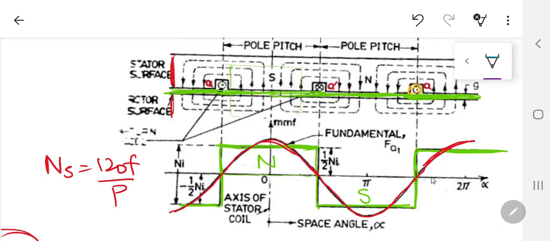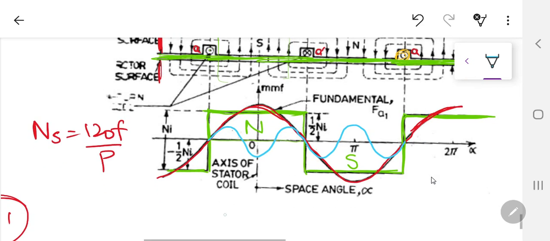And if I want to draw that third harmonic, if I draw it over here, it will be something like this one, and it will be like this one. Now as this lecture goes on, maybe in the second part I will talk about it, this third harmonic is not going to be there. Why it's not going to be there, we will discuss that also. But just for now, we are going to have third harmonic, fifth harmonic.